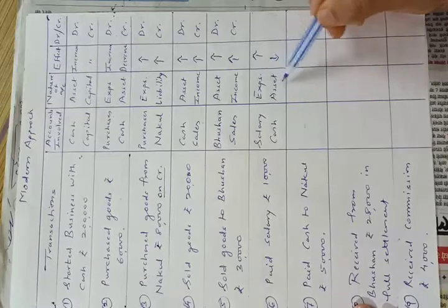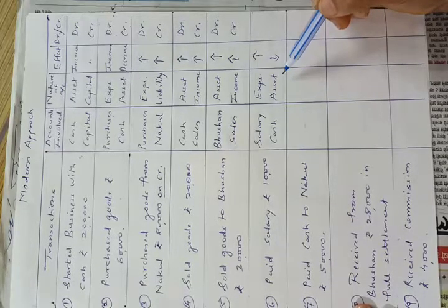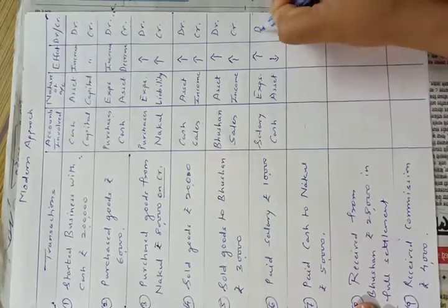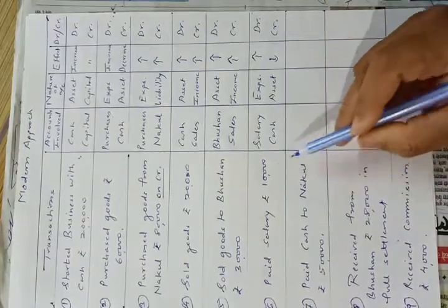Now when we pay salary, our expenses increase and our asset will decrease. For both the accounts we have to follow first rule. First rule says that if there is increase in asset, expenses, losses, the account should be debited. So here salary account will be debited, and if there is decrease in asset, account should be credited. So in this transaction, salary account will be debited by rupees 10,000 and cash account will be credited by rupees 10,000. Okay.